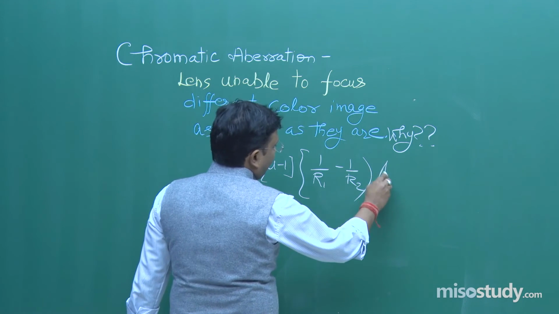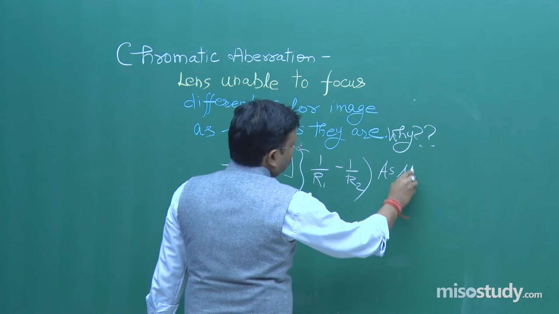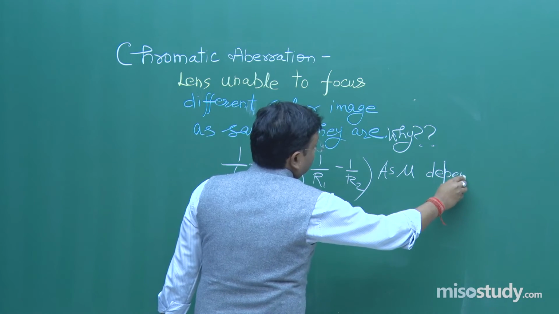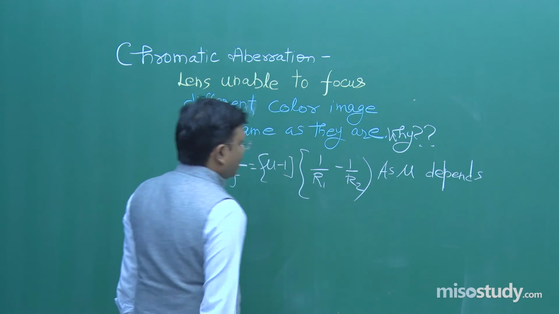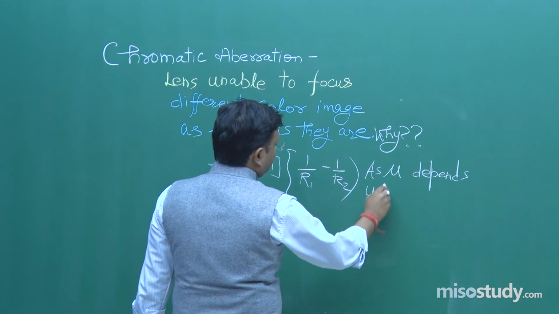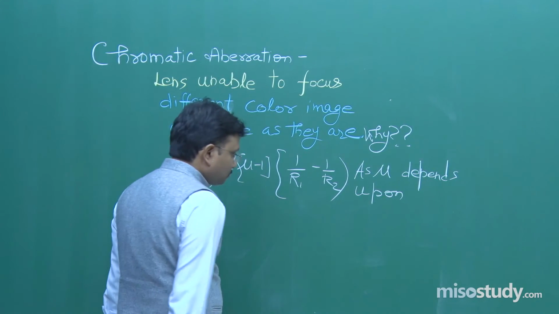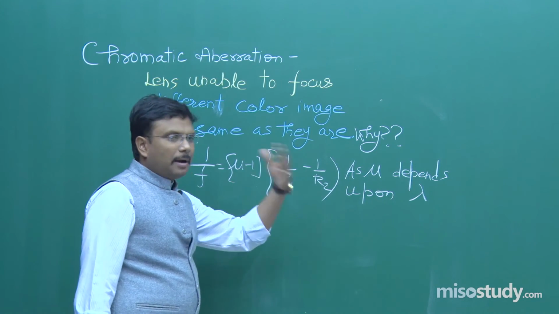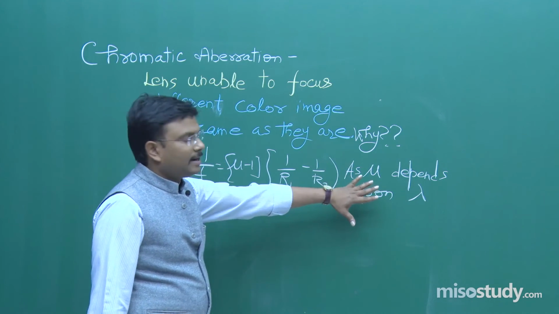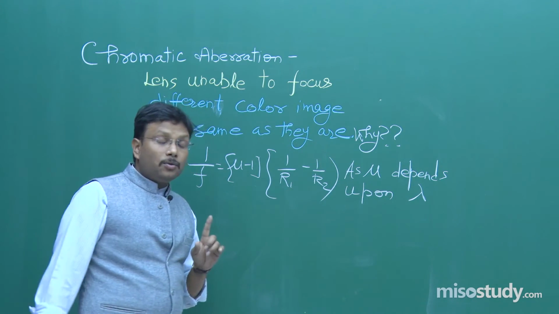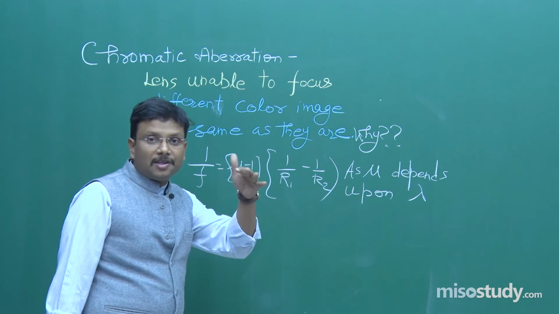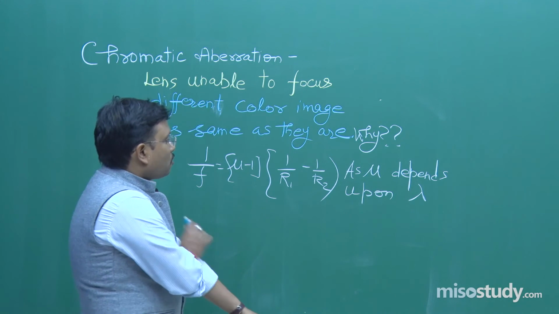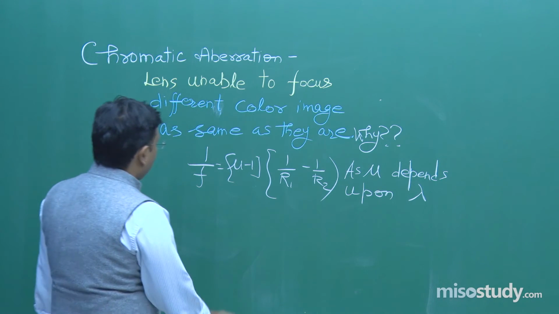As mu depends upon lambda, I am not using other complicated terms, simply I said lambda. Try to recall Cauchy's formula, 1 plus beta upon lambda square and so on. So as mu depends upon lambda,